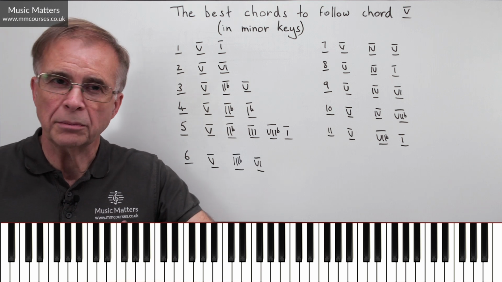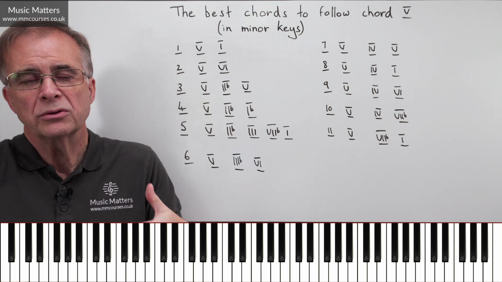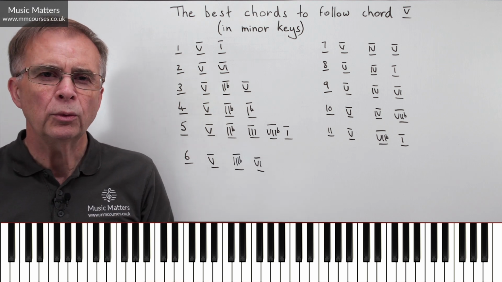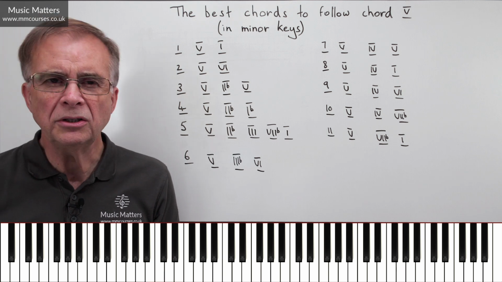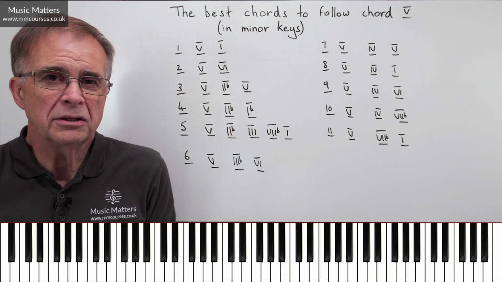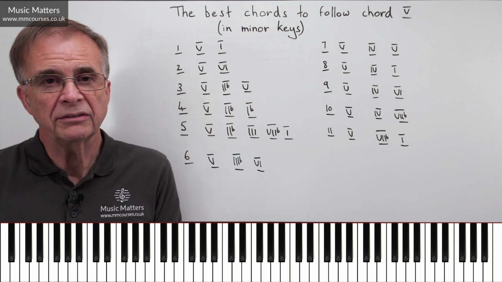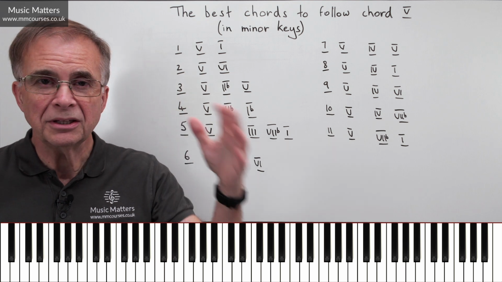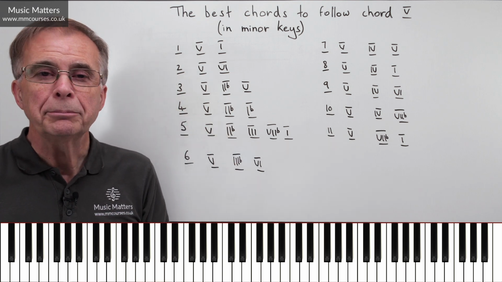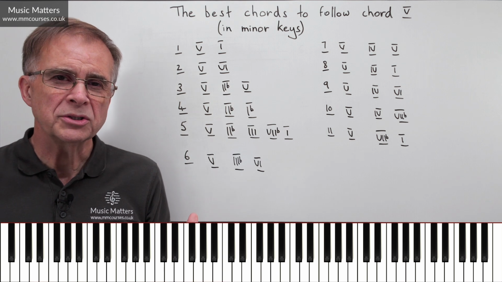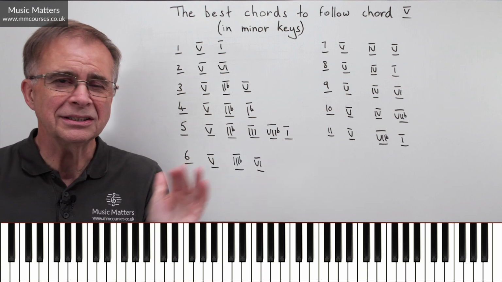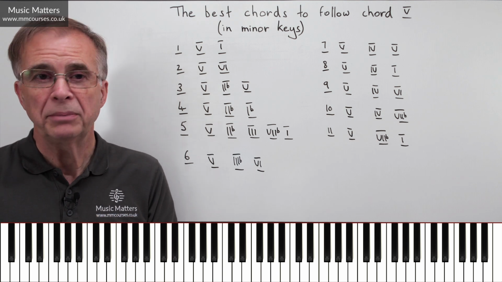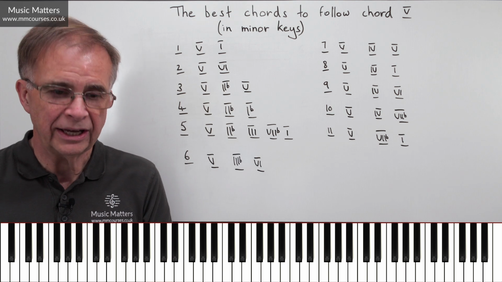The dominant chord has a pull to the tonic chord. It also has a pull to other chords like chord 6 as well. But I wonder if you're one of those people who finds that every time you use chord 5, you always kind of go the same way. You always go 5 to 1, 5 to 6, never really going anywhere else. So we're going to consider some of the really obvious progressions now, but we're also going to consider some other options that you may not have considered that you might think, actually, that could be quite handy variety, because we're going to make a lot of use of chord 5.